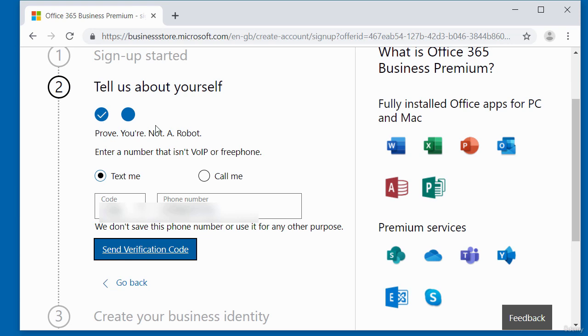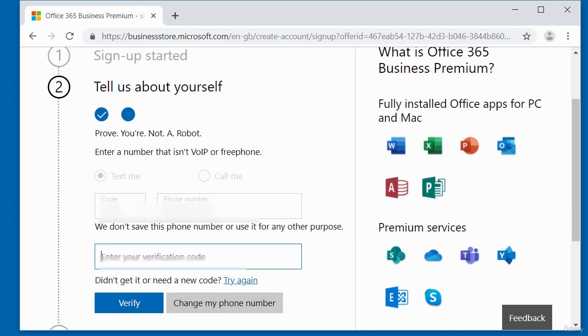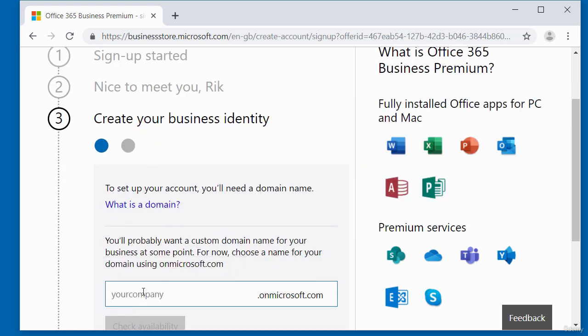Step number 2 here is saying, tell us about yourself. So here, Microsoft is going to send you a verification to the number that you supplied in the previous step. So if you click send verification code, it will send it to the number you provided. So I'm going to click send verification and I will wait for it to arrive. So you should receive a 6-digit verification code. So enter that in here. And once you've done that, click on verify and it will move on to the next step, which is create